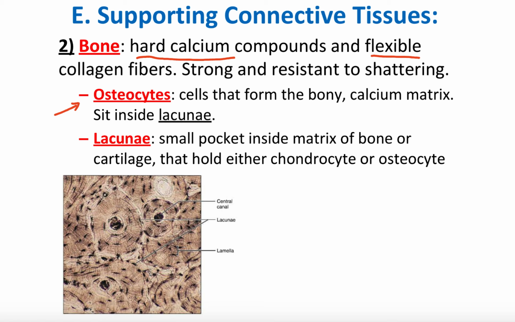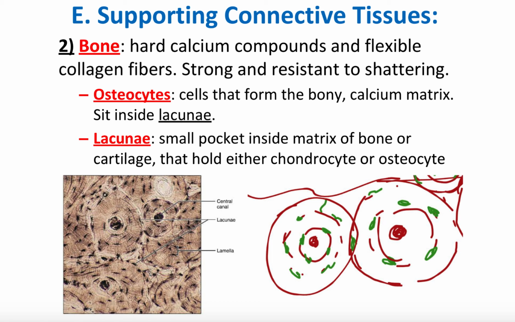Now, the way the lacunae is shaped is very odd. I can describe how it works, but we're going to do more of a deep dive in it when we talk about the skeleton system. So, long story short, basically it's going to have this kind of shape. Okay? The green stuff is the osteocyte itself. So, let me put in green. So that's the osteocyte, and then it's going to lay down the kind of hardened rings of calcium around each